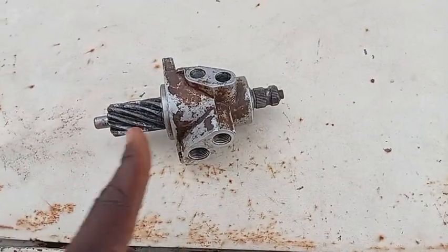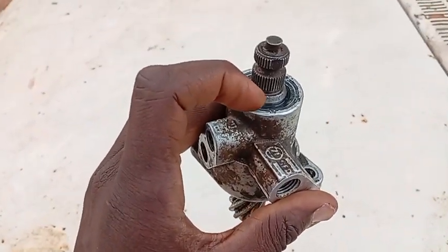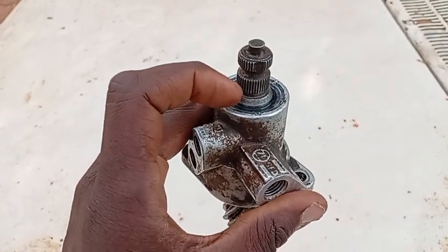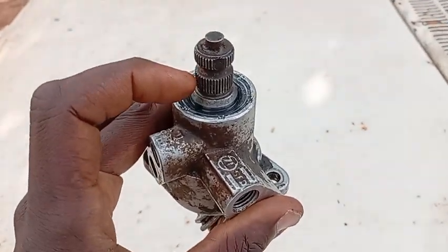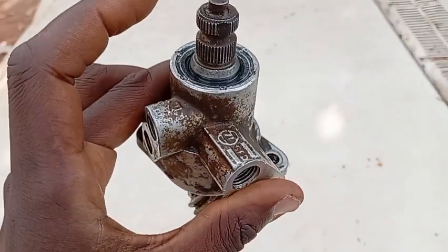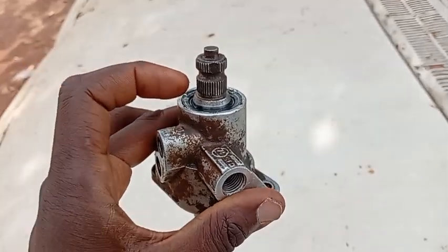Alright, so I hope you've learned the lesson. It can last. My 505 V6 started leaking in 2014 or thereabout. I gave it to the same person that repaired this one. He repaired it and the leakage has stopped till today. Since 2014 to today, it hasn't leaked. So hopefully this one will also behave the same way. So it's not as if it will be a constant issue. But my point is,